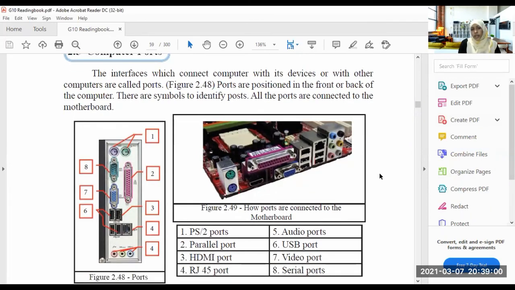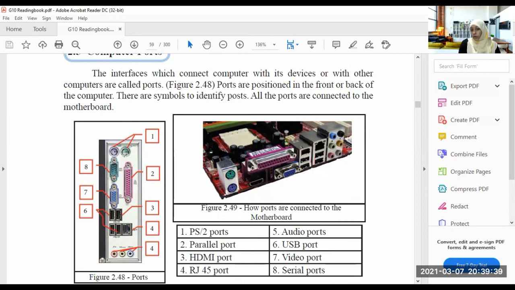So not only in laptops but also in desktop computers, most of the devices now used as computer devices are used with USB ports. You should keep it in your mind. Okay, for example, the first two ports are called PS2 ports. PS2 ports are used to connect the keyboard and the mouse. But nowadays keyboards and mice are using USB ports, right?